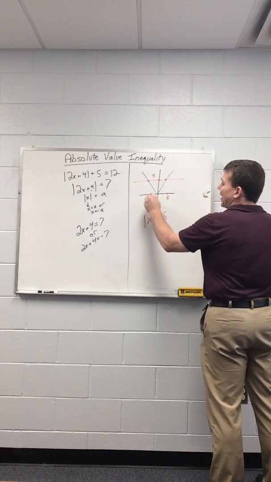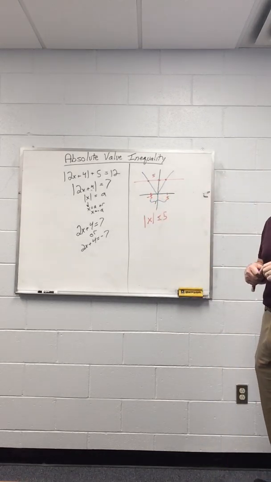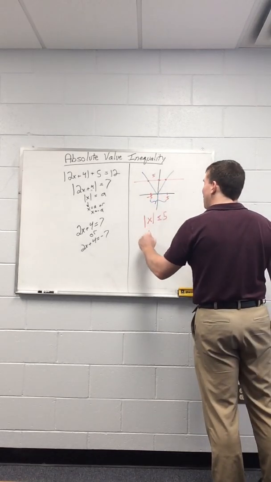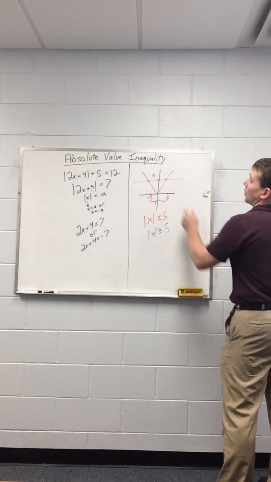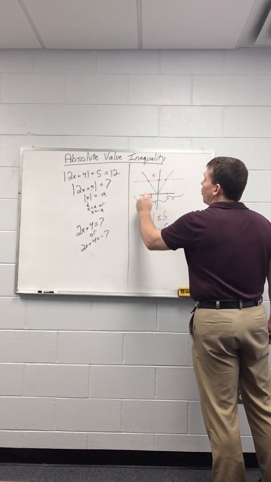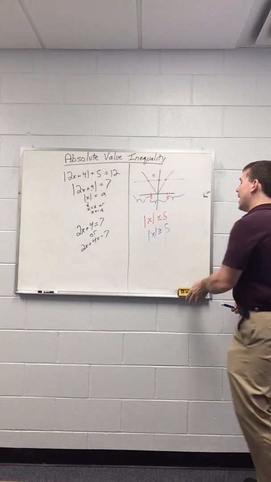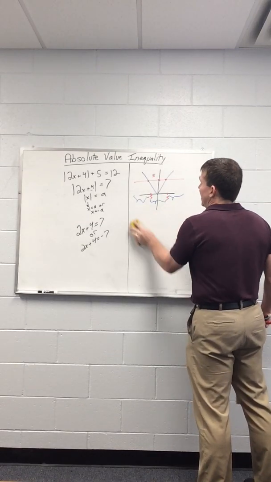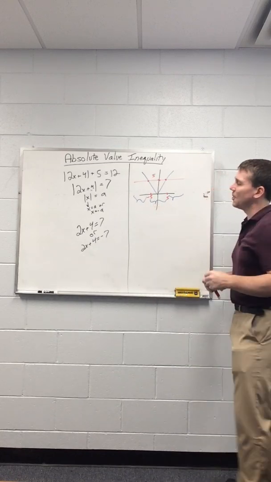I'm running out of colors here, but inside negative 5 to 5. If I want to know where the absolute value of x is greater than or equal to 5, well, graphically speaking, it's greater than 5 out on this end or out on that end over there. As far as it goes, you can either use the graph as a guide to how to solve the inequality out,